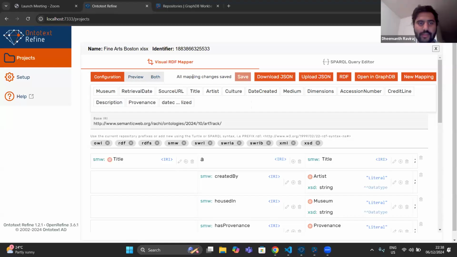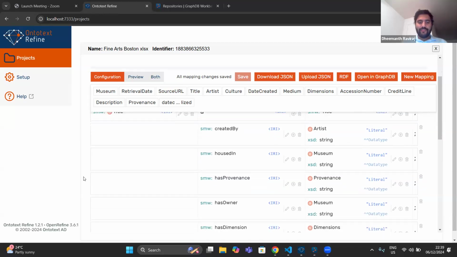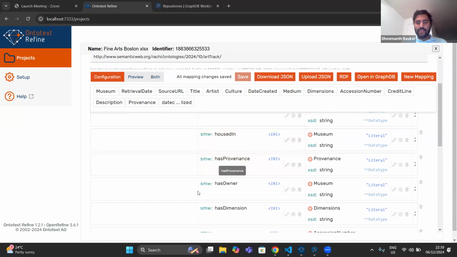Yeah, thank you, Urjita. I will talk about how we transformed our raw data into a dynamic knowledge graph using OntoText Refine and GraphDB. We first began by generating triples in OntoText Refine. After we uploaded our processed data sets, we carefully mapped them into our ontology. This included defining meaningful relationships between the different elements, such as linking an artwork to its title, house name, provenance,